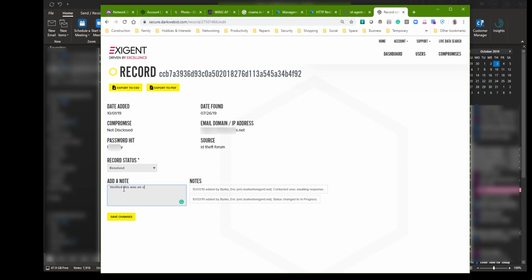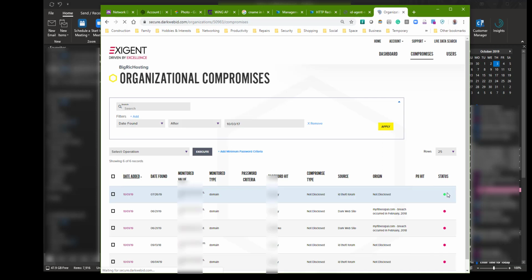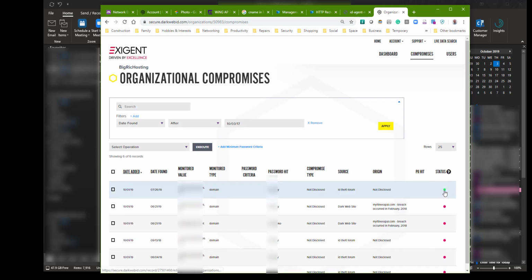This was an old account and has long been removed. The original password was changed about 3 years ago. So now you're going to see that the status on this changes again, and it becomes green, showing that we've addressed this particular compromise. So the goal is to go through initially when you get your first reports from us